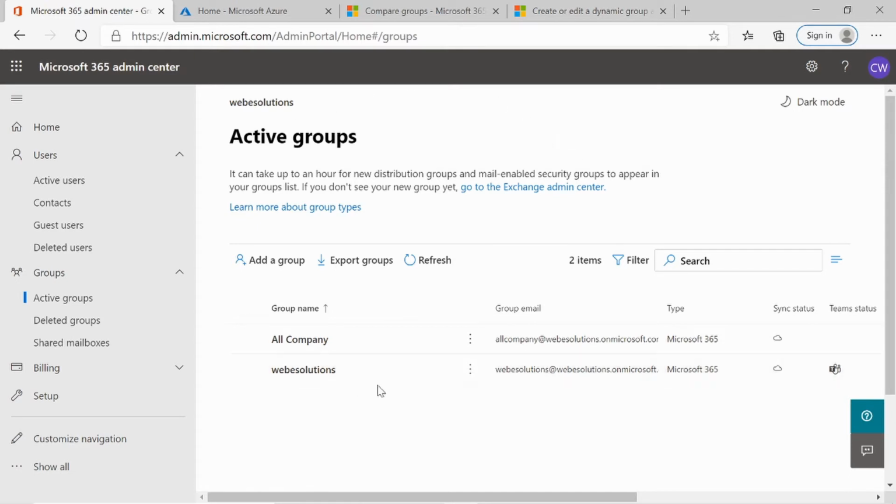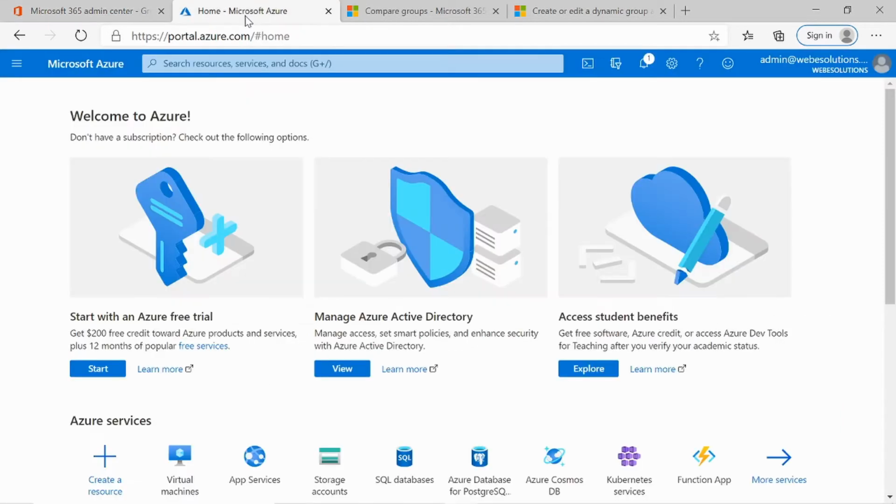Although the interface on the admin center is slightly better, it doesn't offer all the options that we have in Azure Active Directory, and creating dynamic groups is one of them. So what we need to do is go to portal.azure.com, and we need to go to our Azure Active Directory. If you don't see Azure Active Directory on your screen as you do on mine, not a problem. You can always type it in the top over here,